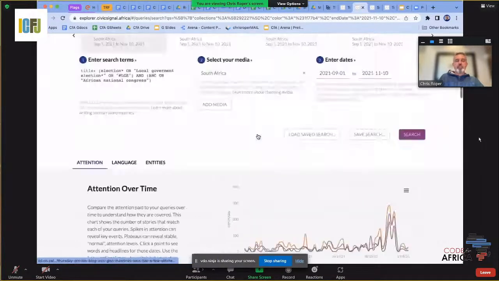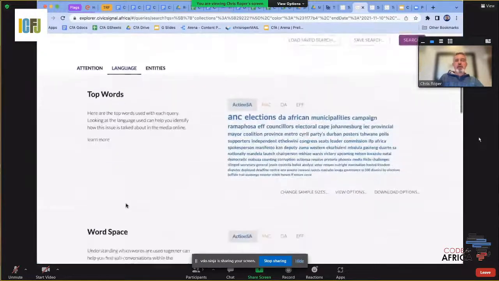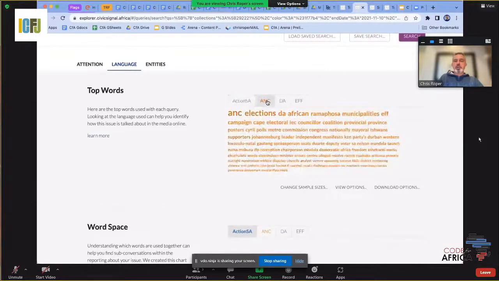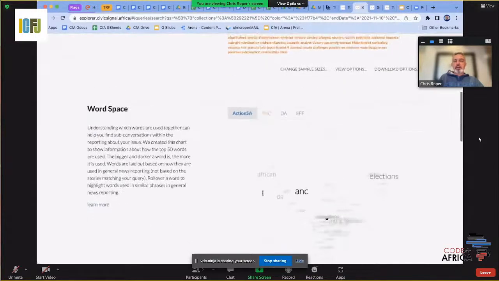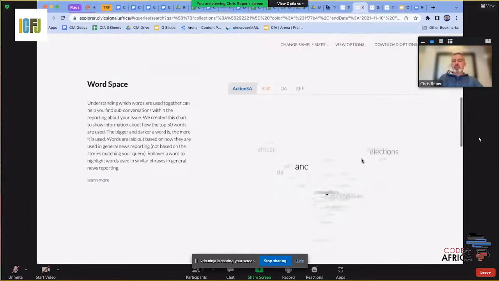Yeah. Then it also does an entity analysis of things like the top words used in relation to each party. It gives you a cloud about how the words are used together. So you can look at whether there is a kind of conversation going on around some of these topics that I should drill down into, which will identify a whole separate avenue of exploration.